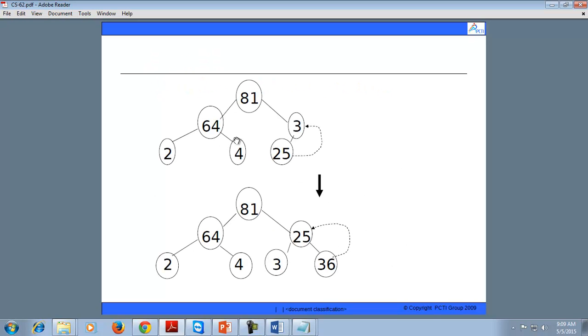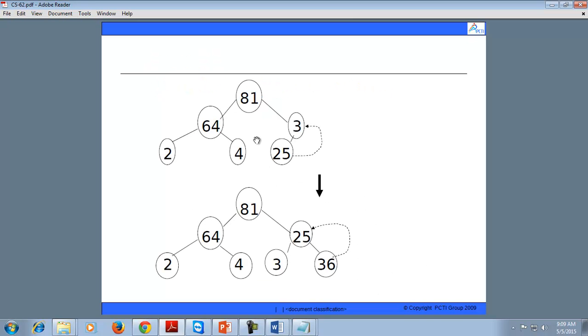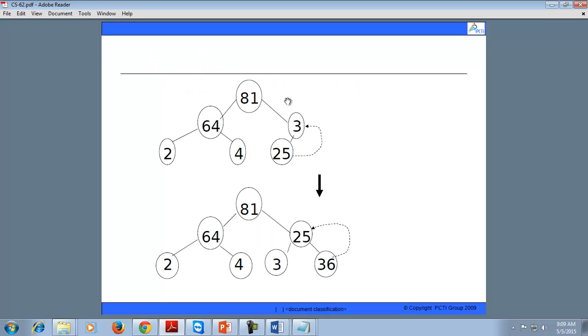You can see here the next value is 4. 4 will be inserted at the right of 64. Now the heap tree property is satisfied, that is root is greater than its child. After 4, next we have to insert 25. 25 will be inserted at the left of the 3, but 25 is again greater than 3.